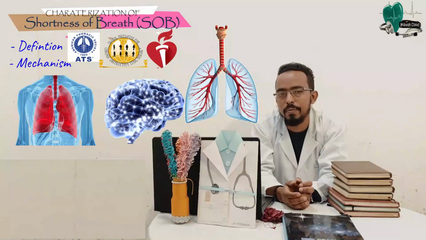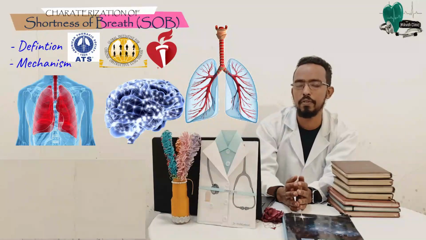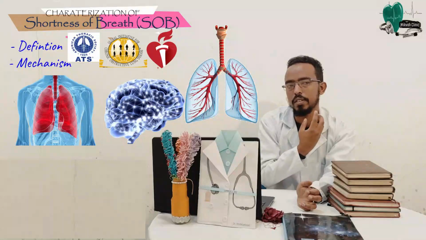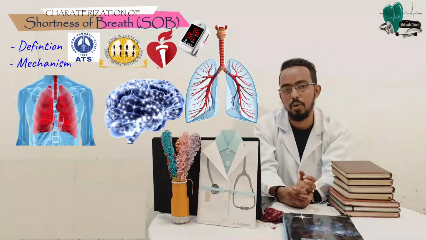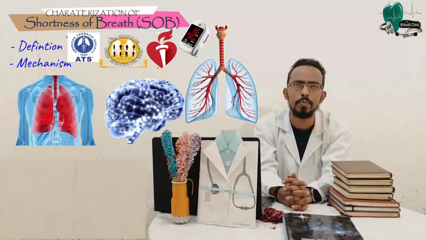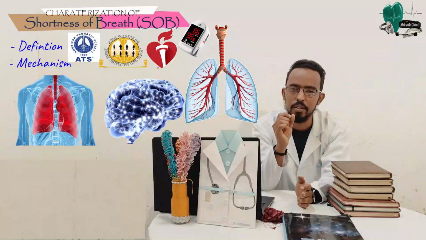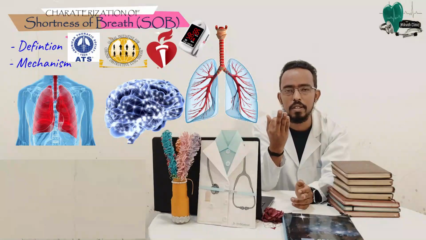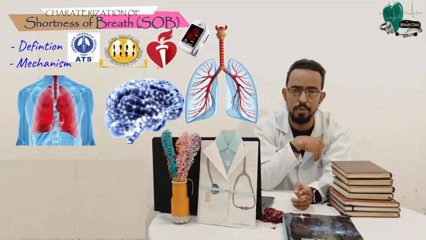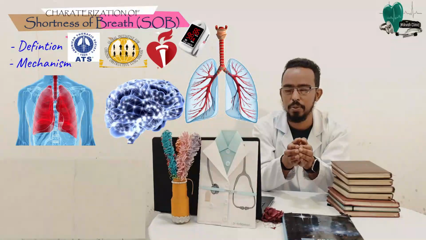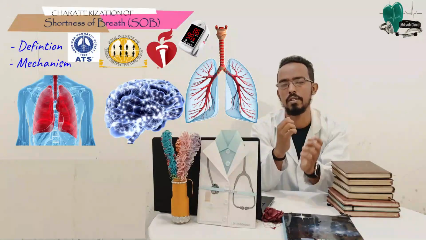The second one is chemoreceptors. We call them peripheral chemoreceptors, and they are found in the aortic arch and in the carotid body. They are sensitive to low oxygenation of blood. So when there is hypoxia, hypercapnia, and acidosis, they will be stimulated. That afferent pathway will be activated and send the message to the respiratory center. The third type of receptor is found within the pulmonary vasculature. In our pulmonary vessels, there are baroreceptors, which are sensitive to pressure. When there is increasing pressure within the pulmonary vasculature, they will be stimulated and send the message